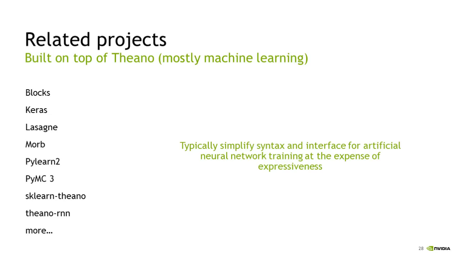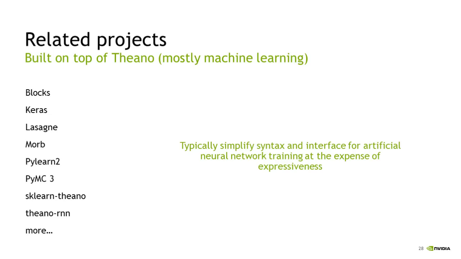If you instead want to build some of the very standard neural network architectures and apply them to a data set, much like you did with Caffe in the last lab, there are other libraries that have been built on top of Theano which do take care of things like defining these Python classes for convolutional layers, and instead they just provide those as methods or as functions in these libraries themselves. So some popular ones shown here are blocks, keras, and lasagna. These are all machine learning libraries that are shown on this chart here.